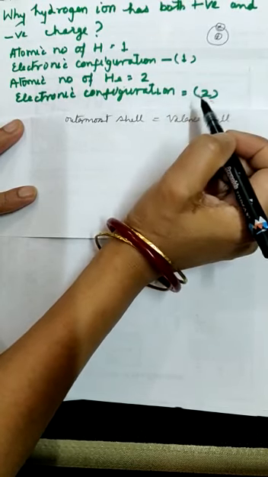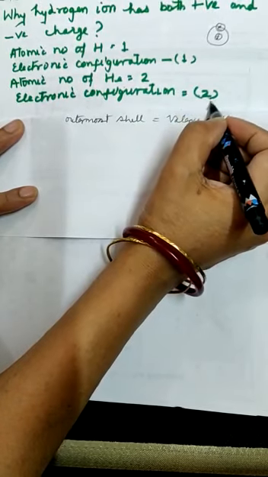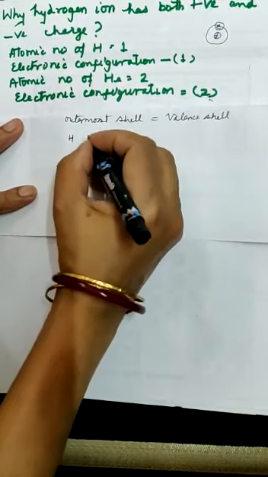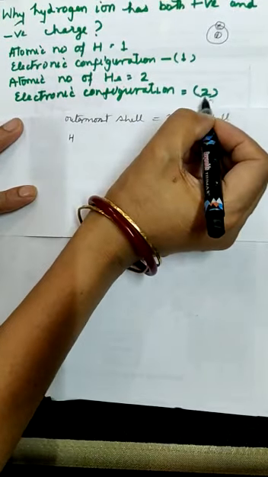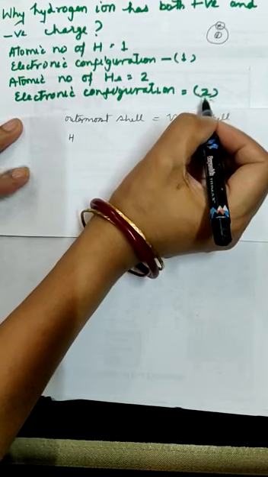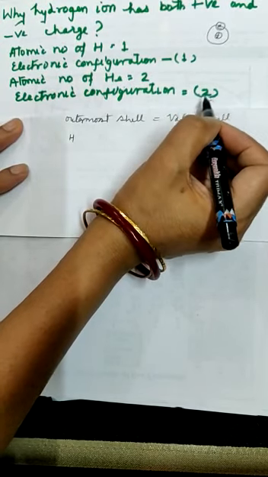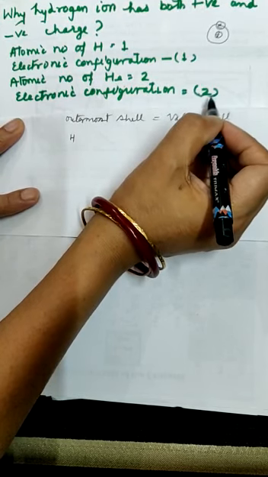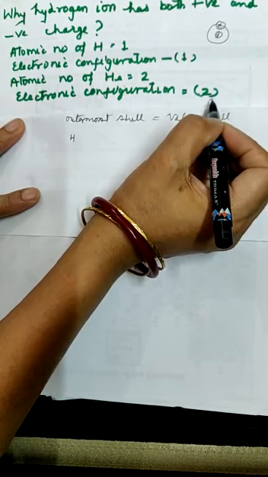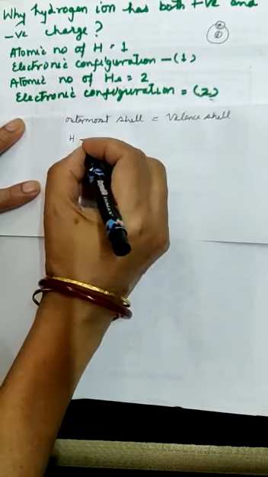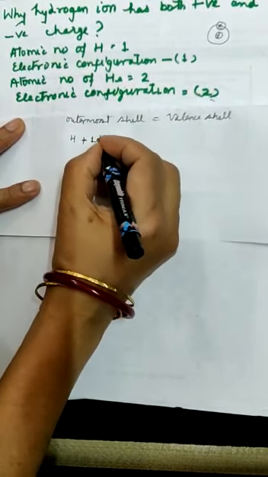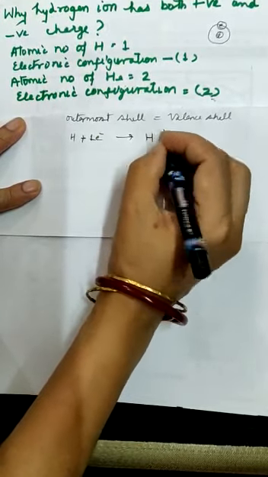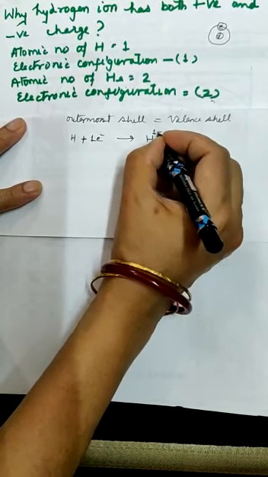Why it receives is very clear. It wants to be like helium. So suppose this is a hydrogen atom. Now if it wants to be like helium, that is stable, as most of the elements react for the same reason, to have a stable configuration like noble gases. We have discussed this in full detail in my video on valency. So if hydrogen gets 1 electron from some other element, then it becomes a hydrogen ion with 1 unit negative charge.